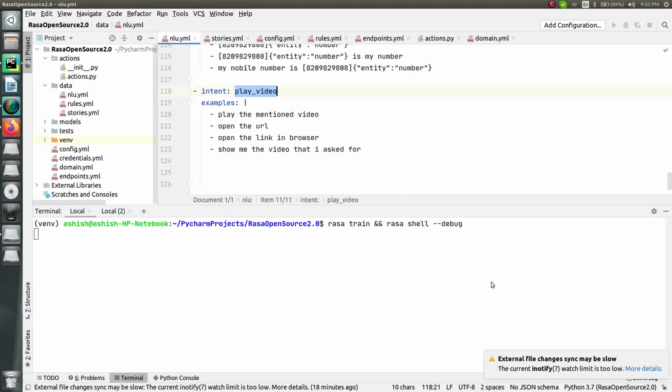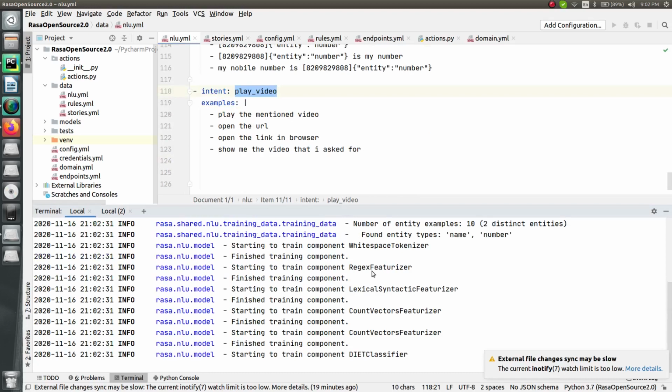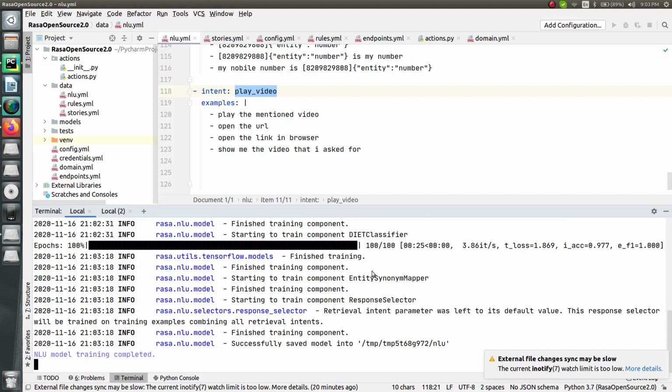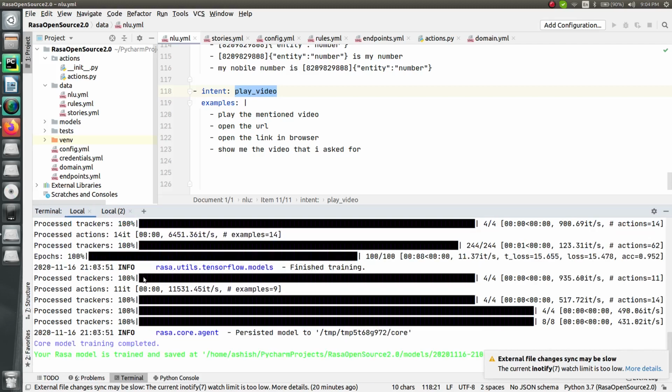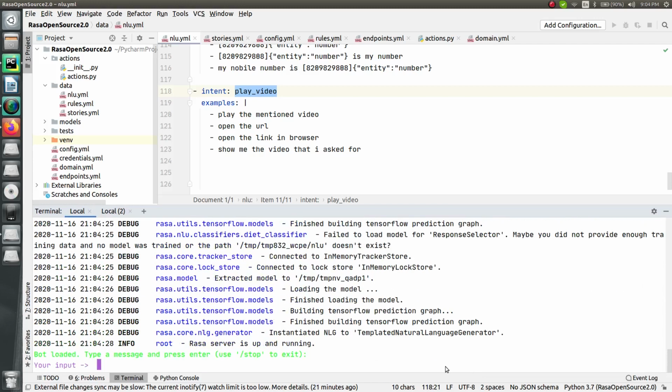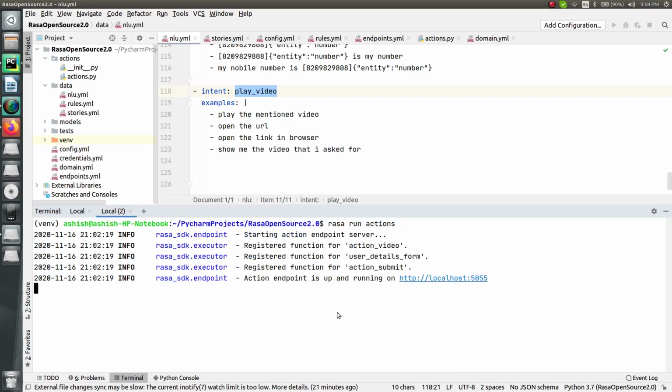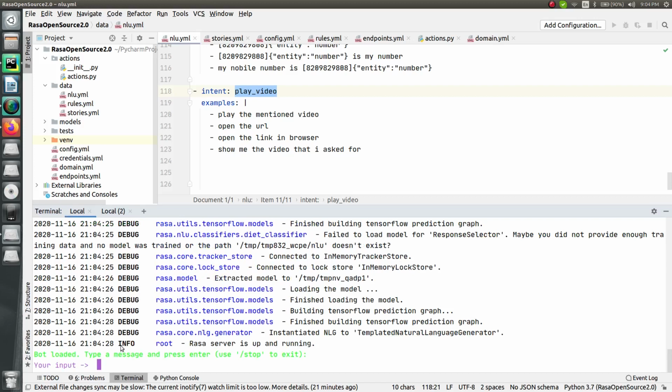Alright, you can see here that your model has been trained and now it is running Rasa shell, and in parallel we are running your action server, so we can see the actions running. Let's talk to the bot and see whether the actions work.